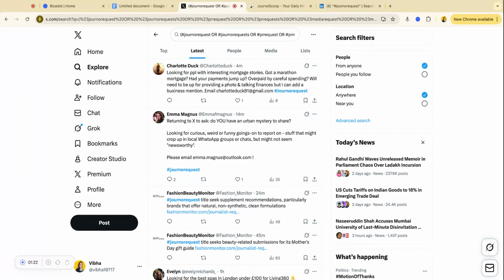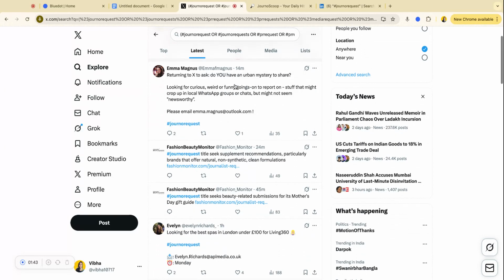Don't obsess over individual posts. Instead, look for repeated questions, similar topics popping up, journalists reacting to the same news. Because when you see repetition, that's a trend. There are some important signals to watch as well. You need to look for posts that start with thoughts on or hot takes after breaking news because these are early indicators of story angles.